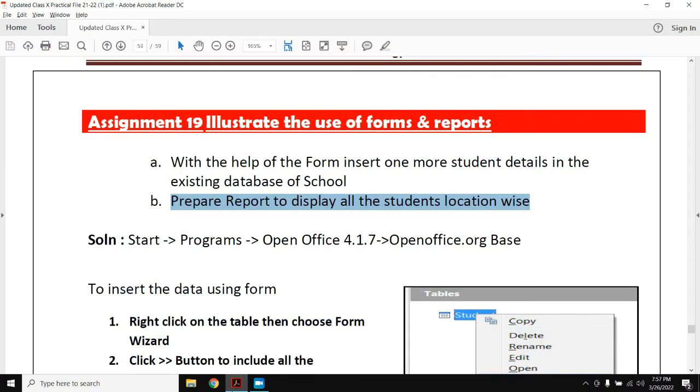In assignment number 19, we are going to learn about forms and reports. Here we will learn how we can create forms and how we can generate reports. Usually, why are we using forms? We use forms to enter a new record inside a table. If you don't want the usual way to insert that record inside the table, you can create your own